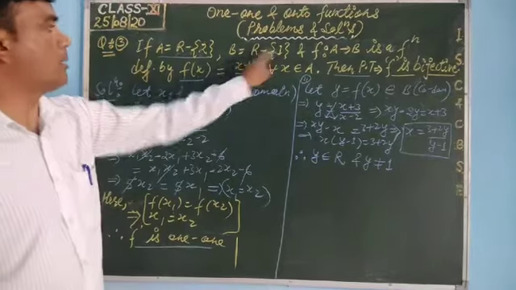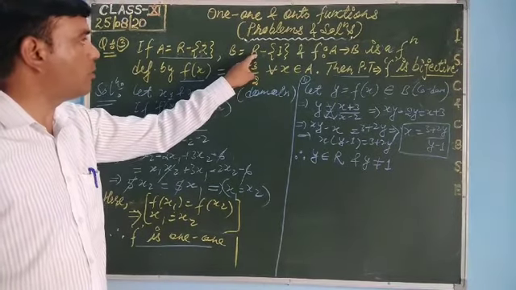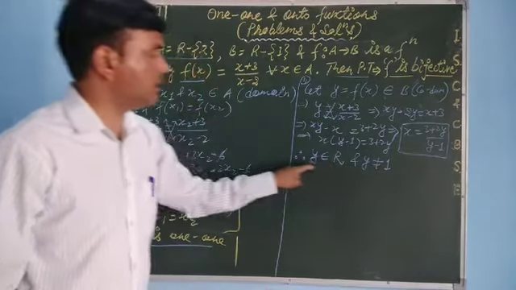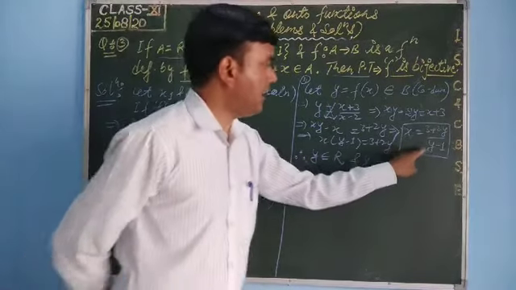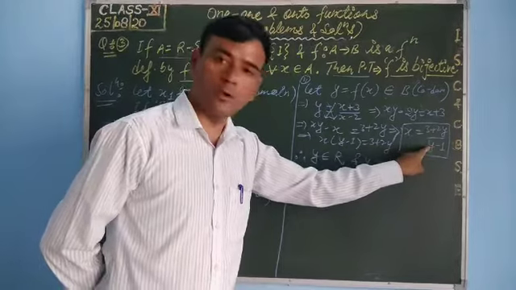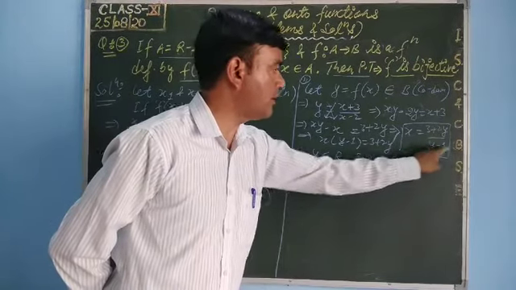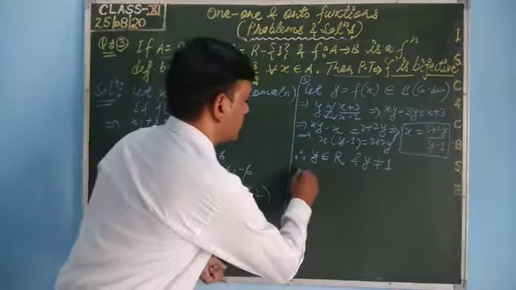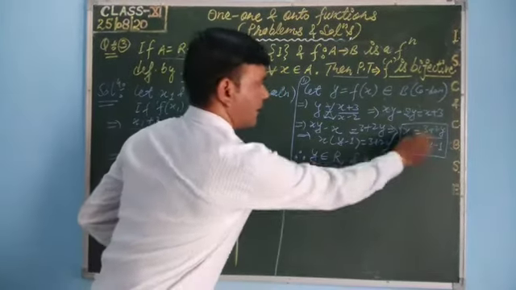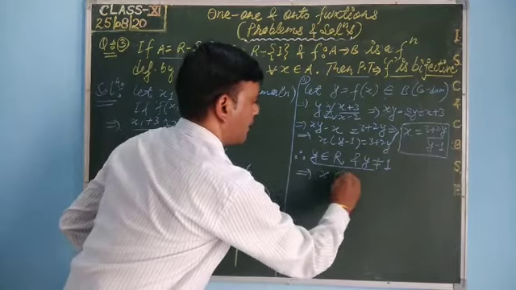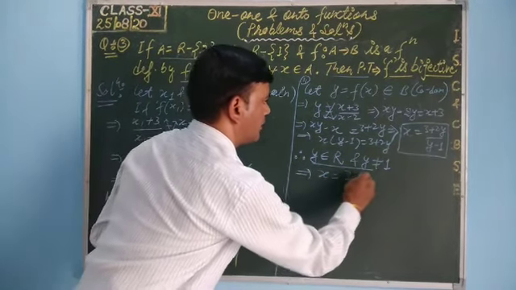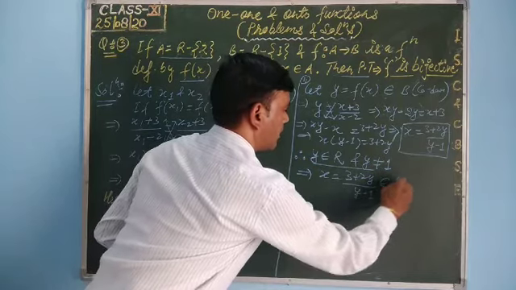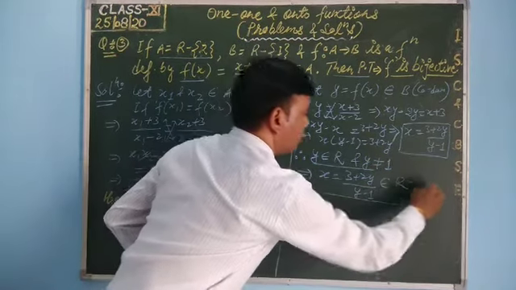Y is not equal to 1 means y is a real number, element of the codomain, but not 1. So putting these conditions here, if y is a real number and y is not equal to 1, then y minus 1 will be a nonzero real number, so this whole will be a real number. This implies, putting these two conditions here, we will get x is equal to (3 plus 2y) upon (y minus 1) will be again a real number. It means domain.